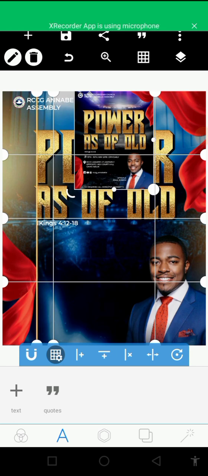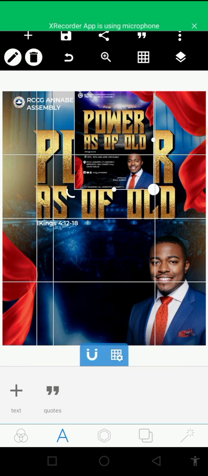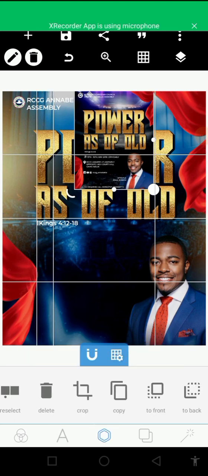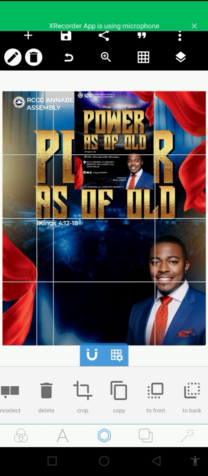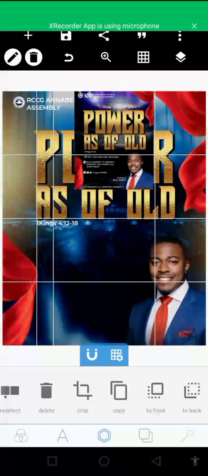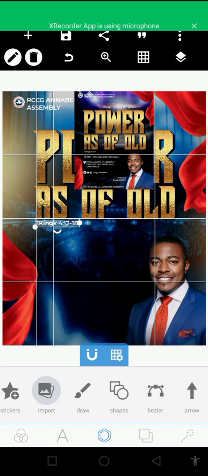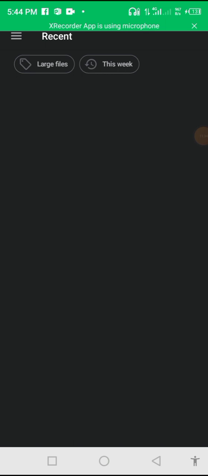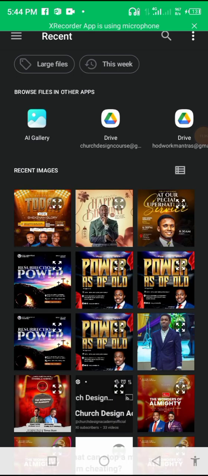This is called grid lines. Actually, the grid lines that we create would help us in making sure that we have a very good straight alignment at the side. So you can actually move the grid lines as you want. So that is it. I'm going to create a video very soon on the introduction to Pixel Lab, where we explain each of these tools for beginners, right? If you're a beginner,